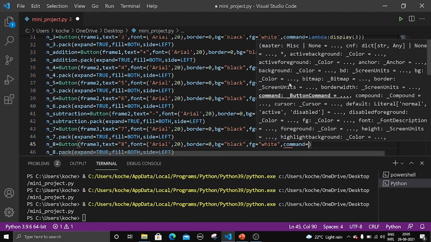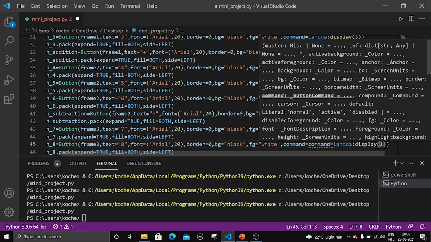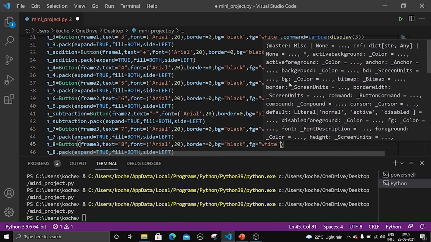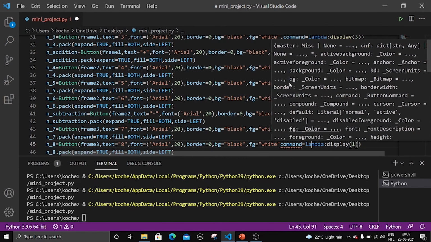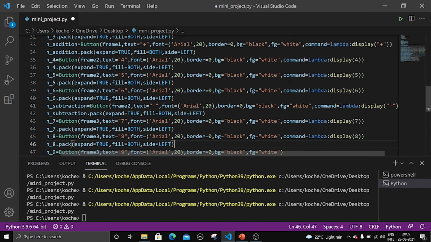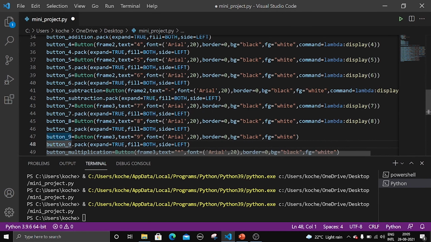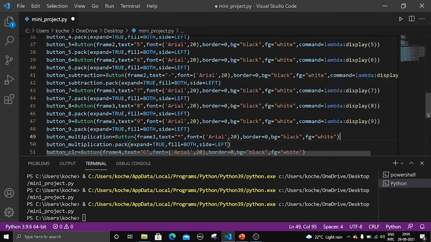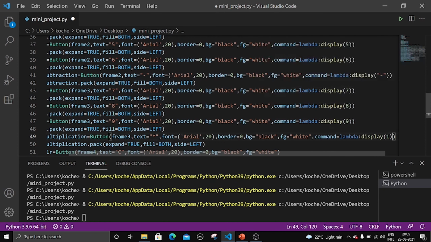So next command equal to, okay, command equal to 8. Next let us go into button 9, and let me paste this. This should be 9, and what is the next thing we should paste here? And it is star.